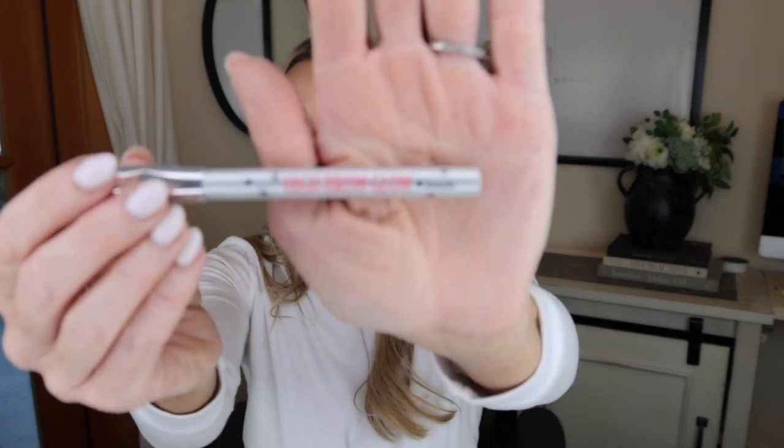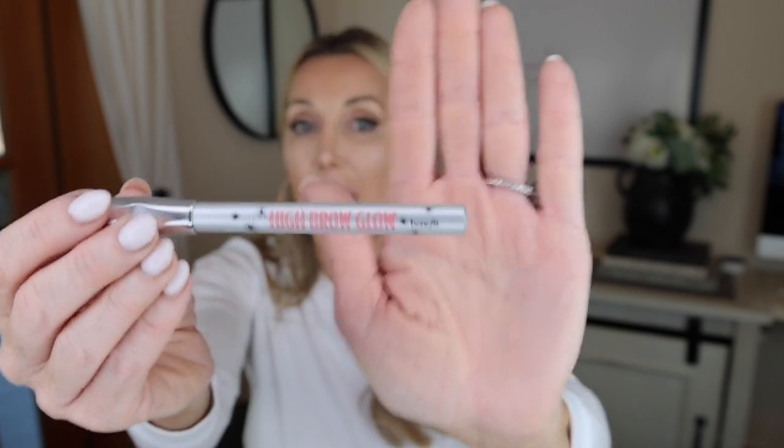The next one, let's save that big splurge. The next one I've talked about before is this Highbrow Glow. This one is the pencil, it's $22. Now, if you do order this, make sure if you go buy it, there's a Highbrow Glow, which this one is, and then there is a Highbrow. The Highbrow is matte, and it will not do the same thing that this Glow does. This Glow is nice because it is a highlight,